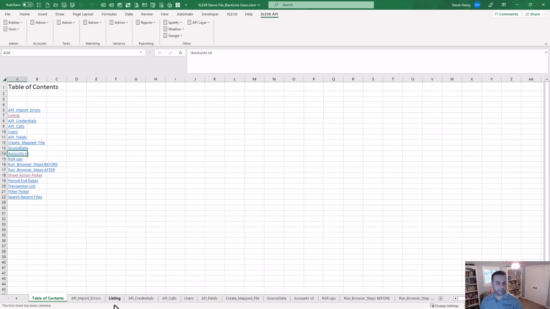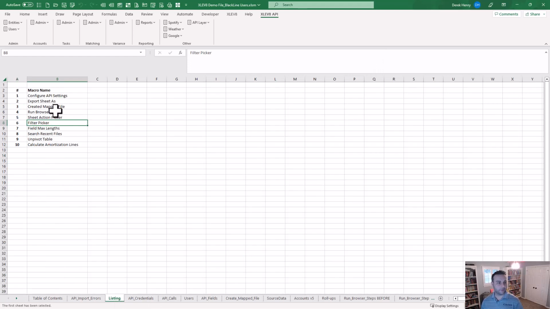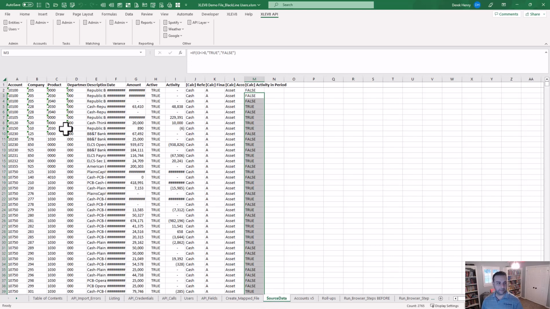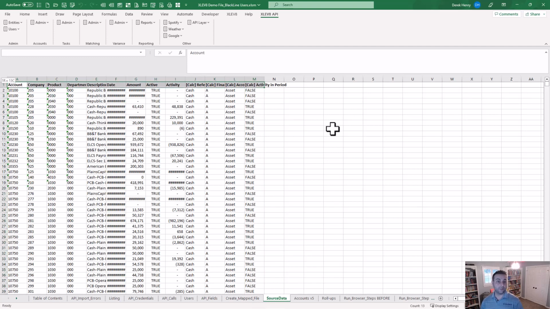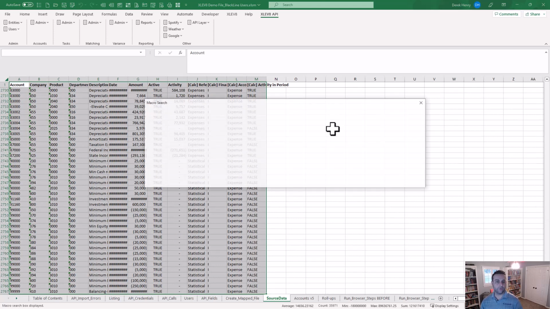Now, what else we got here? So we talked through all these so far. Here's one that helps when you have matching. So if you wanted to say, what's the biggest, when you're setting up a data source for matching, you got to know what the biggest value is. So let's go into one like this. Let's say we need to know for all these columns, we're going to set this up as a data source. What's the longest value? Well, there's a macro in here called